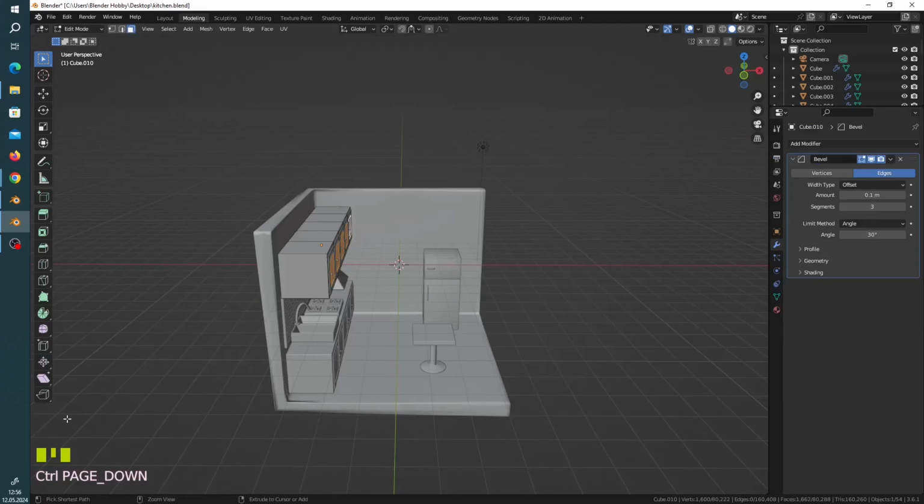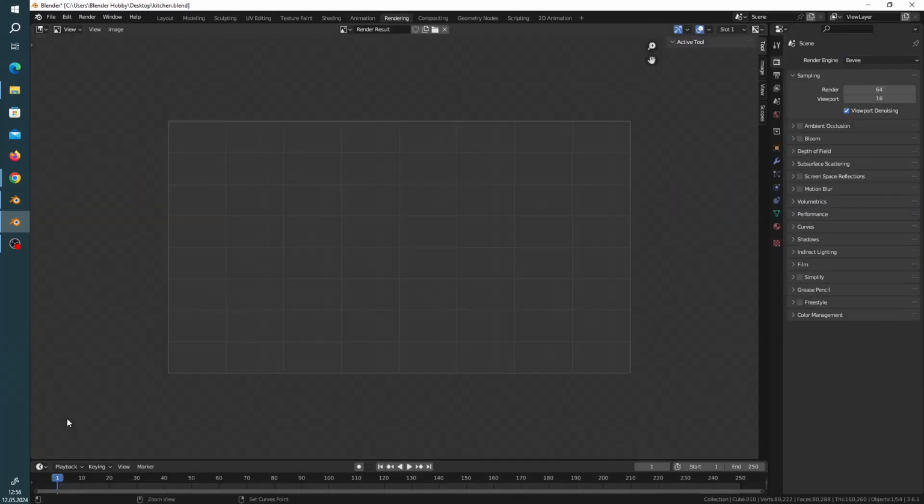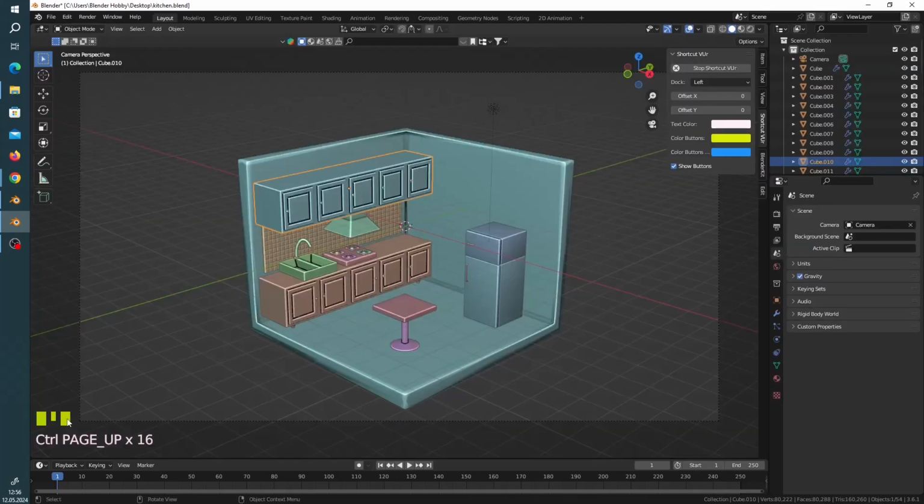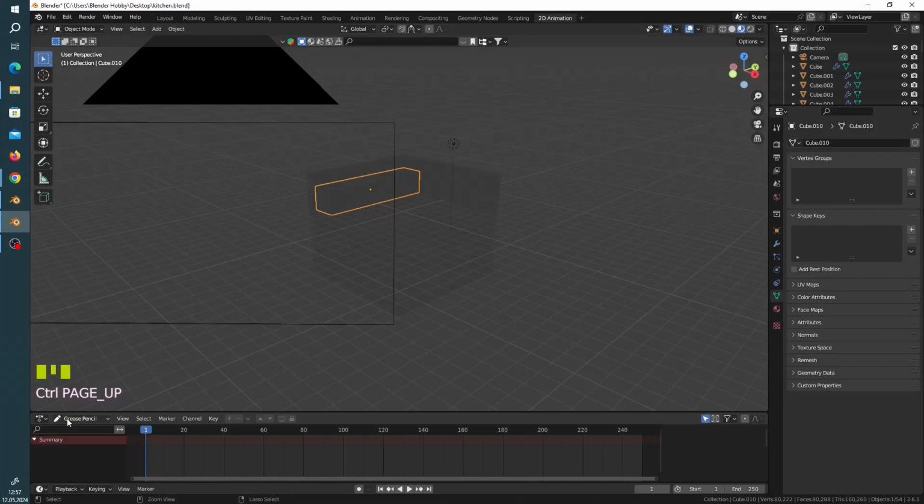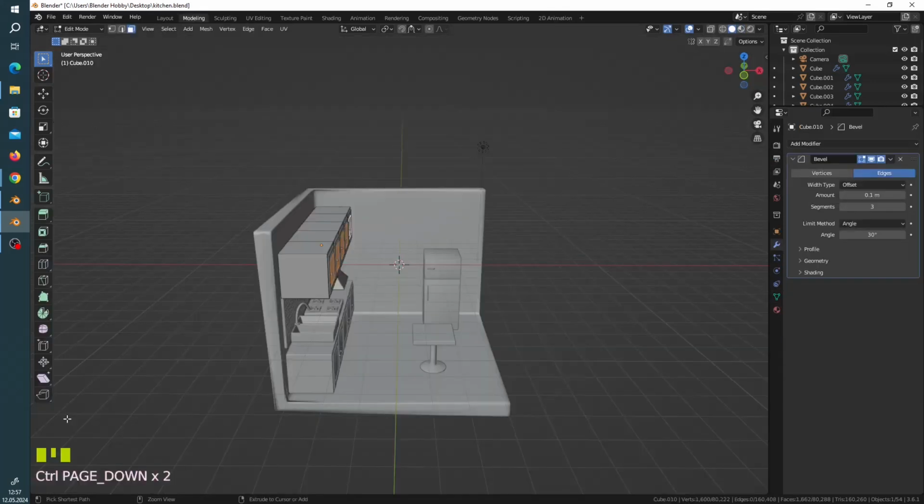to Modeling, Sculpting, UV Editing, Texture Paint, Shading, Animation, Rendering, Compositing, Geometry Nodes, Scripting, to the Animation. And you can click this one. What is this shortcut? You can use this shortcut for making something very easy. Go to Control Page Up, Page Down, and you can change your workspace very